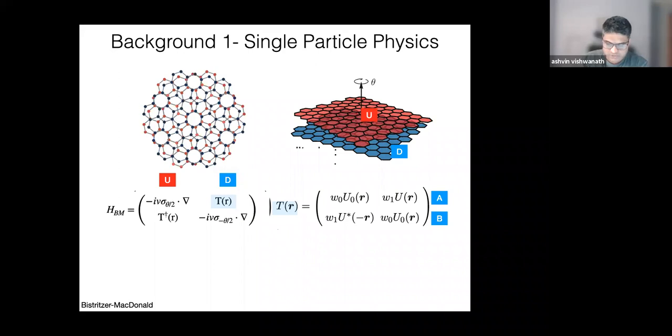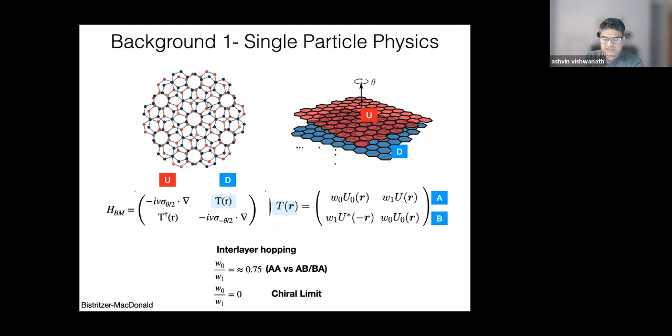And what was shown in earlier work is that there is lattice relaxation that reduces the W0, the hopping between regions like this, where the A sides on the two layers are almost on top of each other, as compared to hopping in regions like this one, which look like Bernal stacked graphene. That's the coupling constant W1. Okay, there's some reduction. And what really exposes the physics of these flat bands, at least for theory, is to go all the way and suppress this hopping W0. Okay, and that's called the chiral limit.